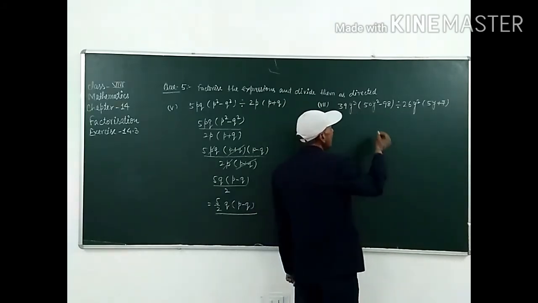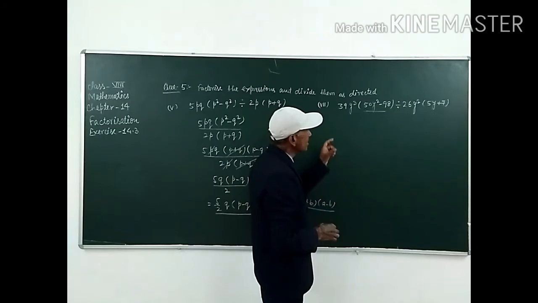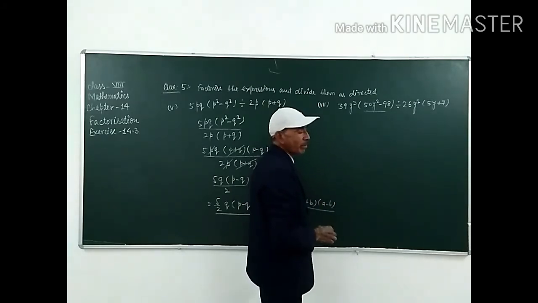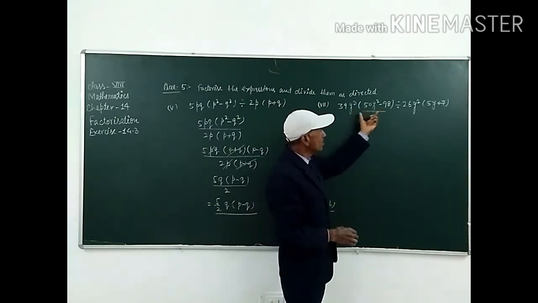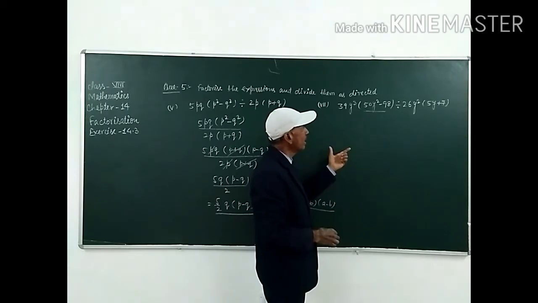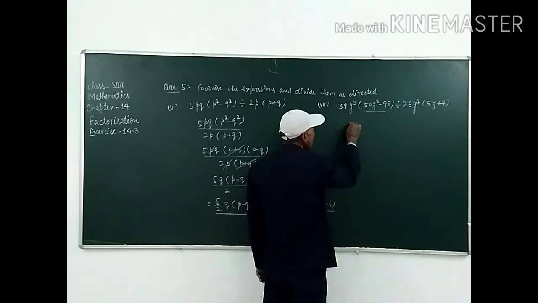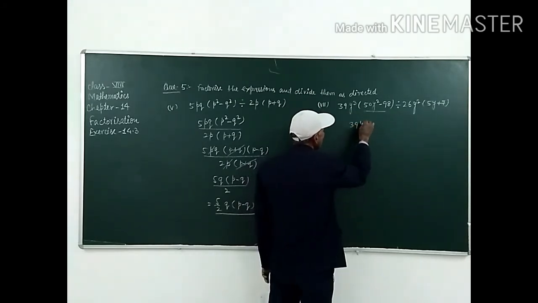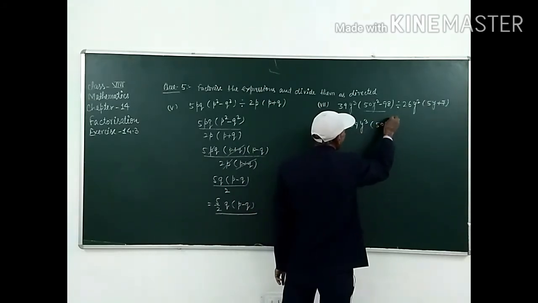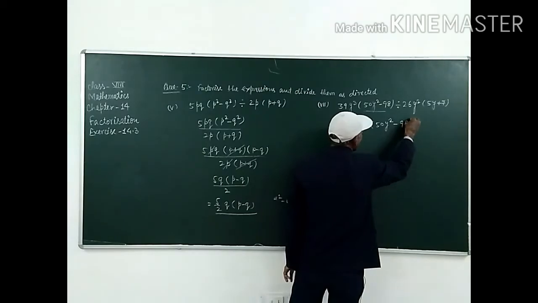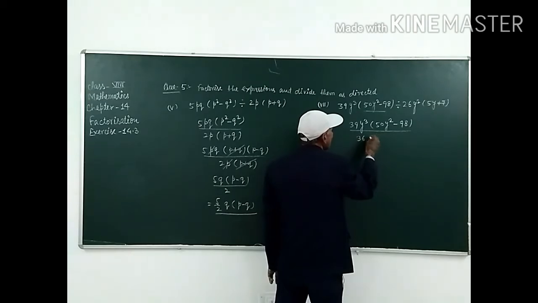So student, we have to make this part in such a way that it is in a square minus b square form. Student, we have to convert this middle part into the form a square minus b square, so that it can be divided by this. So first of all we have to write this 39y cube into 50y square minus 98, divided by 26y square